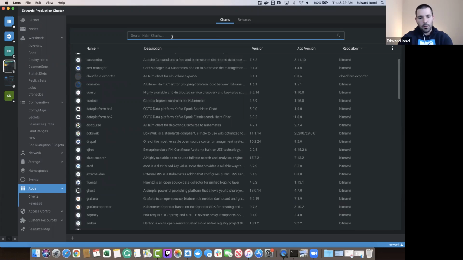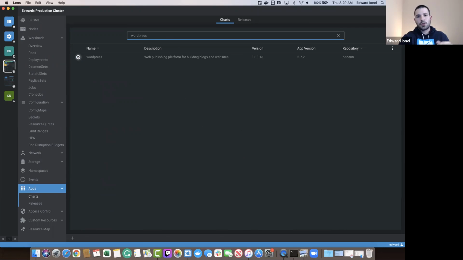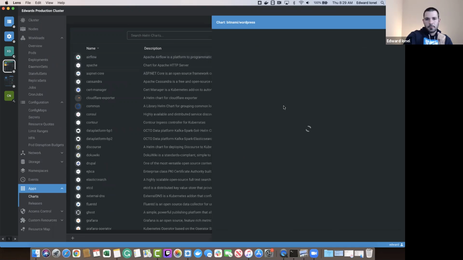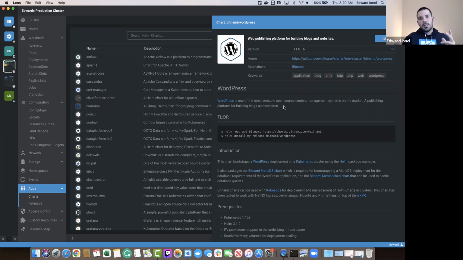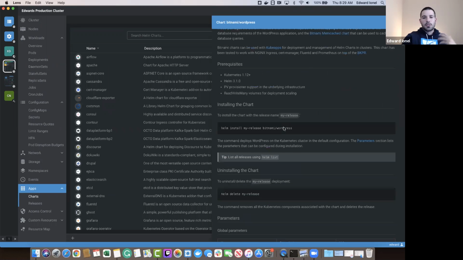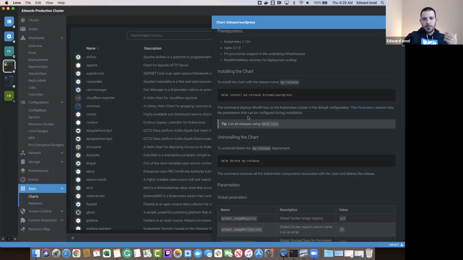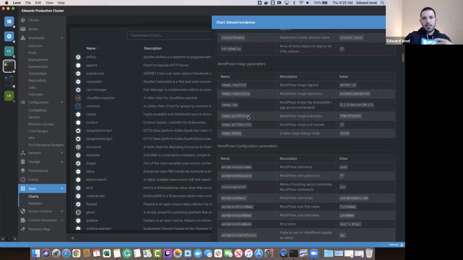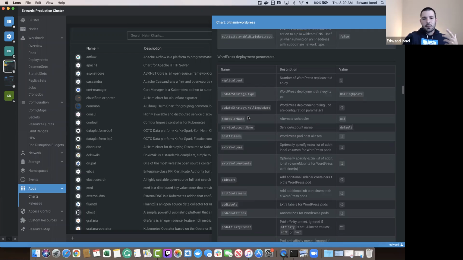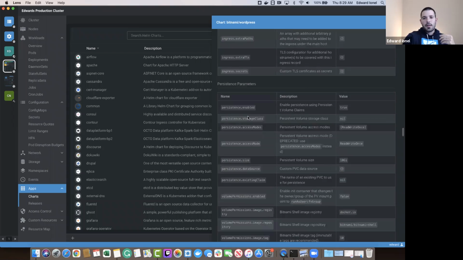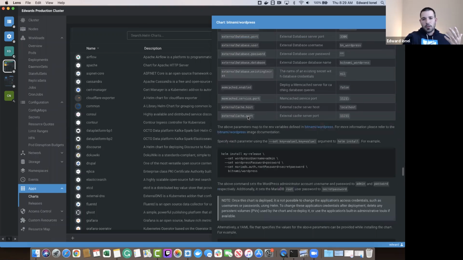So if I wanted to deploy a WordPress Helm chart, I would search for it, click here, and it immediately gives us the entire package, the introduction, installing it. So you can also install it via terminal or kubectl if you decide to do so, as you can see here. And it gives us all of the other details, resources, and so forth that this Helm chart would perform to our cluster,